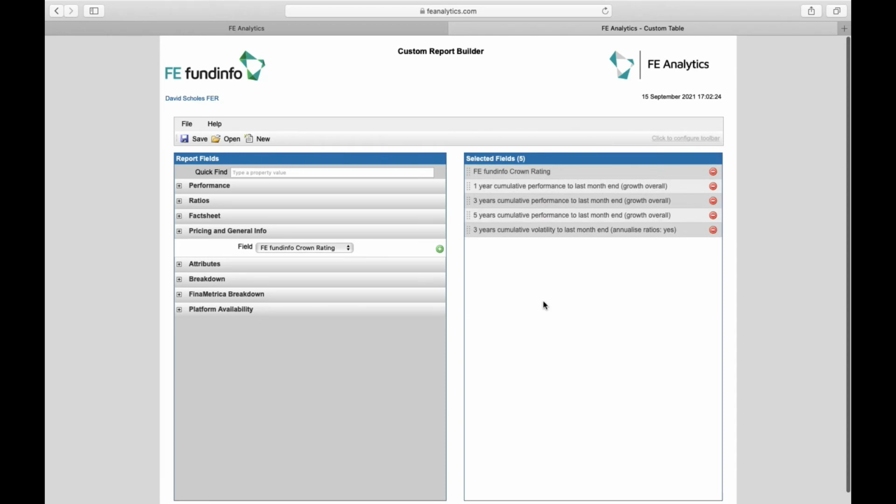You can make as many tables as you like, so you might want a table for when you're looking at model portfolios, you might want a table for when you're looking specifically at funds. And as I said earlier, you can also play around with the amounts of data you pull out of the system. You might want a table that just looks at the crown rating, then just build that. Or you might want a table that has, as we said before, kind of 70 fields of data that really goes into intricate detail. Save as many of those as you like, work your way back to the main screen